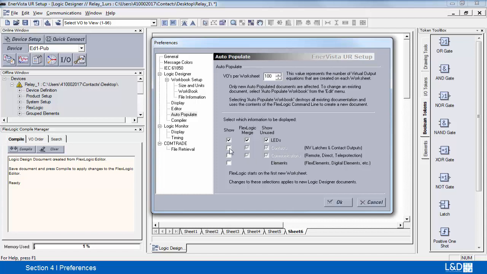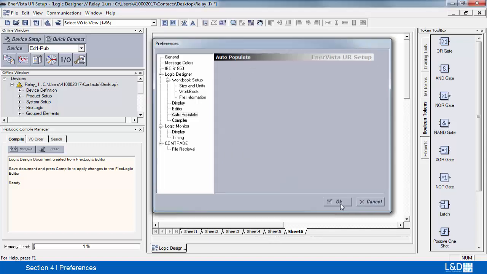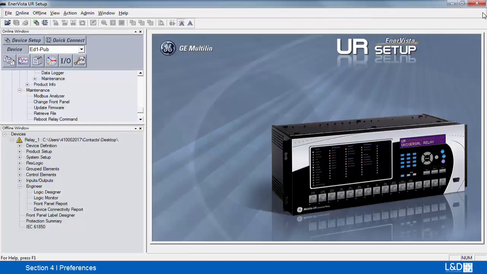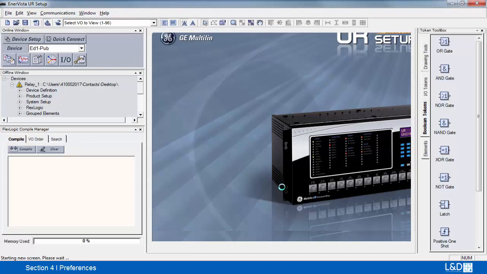If we go ahead and check these off, it'll relabel the tabs and categorize the individual components. The first tab will be LEDs, the second will be identified as contacts, the third one will be grouped into communications, the fourth one will be grouped into elements, and then the fifth one will be a sheet. So if we select OK, and now we close this down and reopen it,